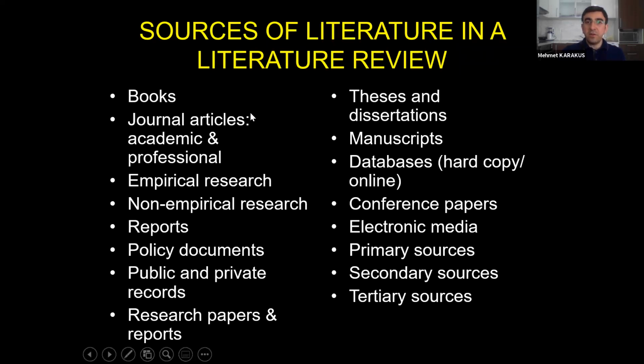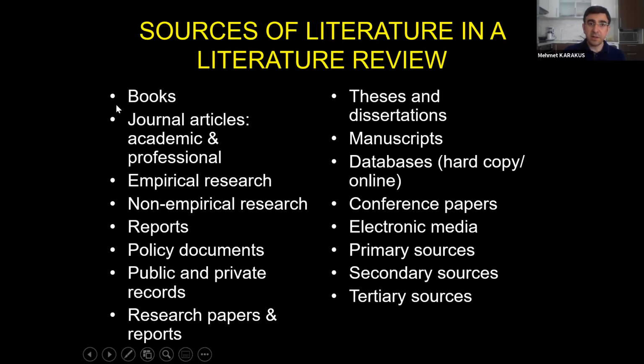In our literature review, we can use various sources of information, but in academic writing, we generally prefer to use peer-reviewed journals or peer-reviewed books or book chapters. We generally prefer these two resources. We believe the most reliable resources are the ones that have undergone a strong peer review process. But we can also use other information, such as